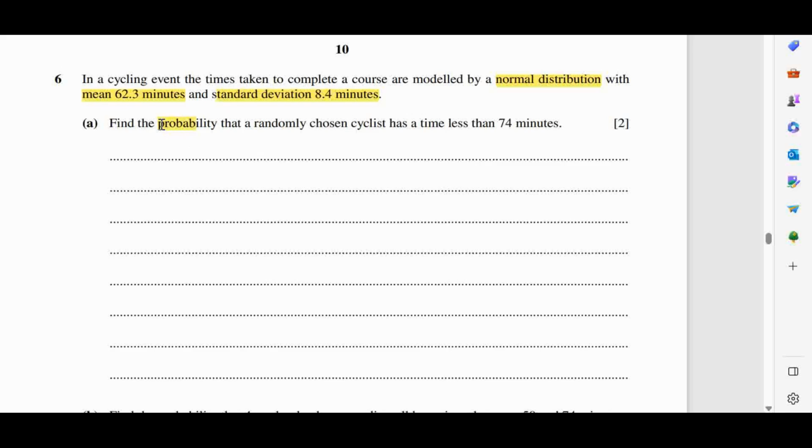Find the probability. Now we have to find out the probability that a randomly chosen cyclist has a time less than 74 minutes. Now this is a very simple question. We know the mean and the standard deviation, so we can directly use them. So here we have to find the probability that the random variable is less than 74. We can replace it with z, and the formula for z is